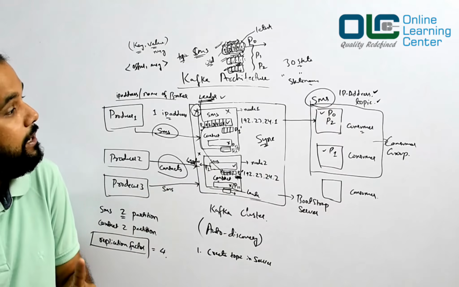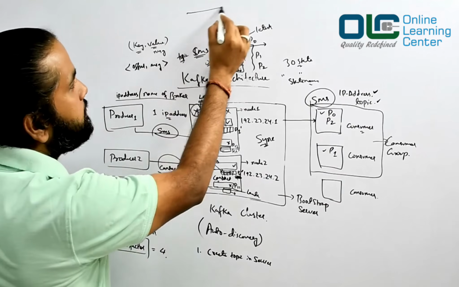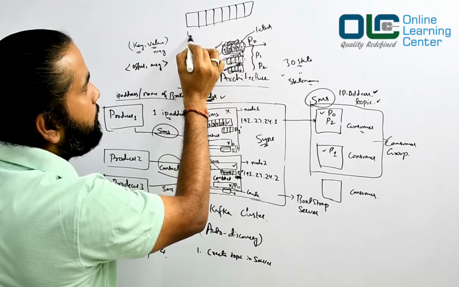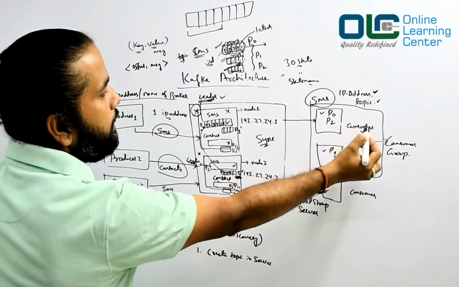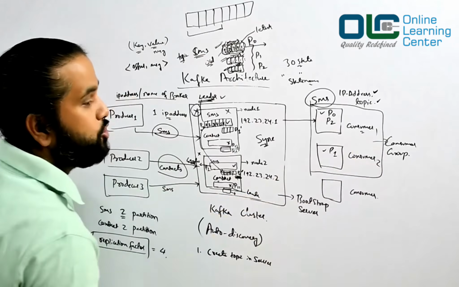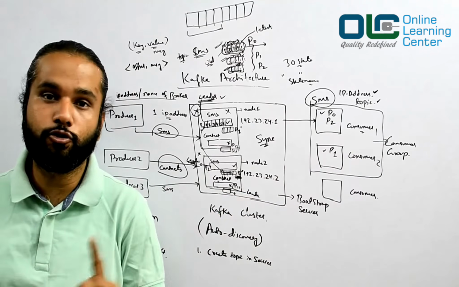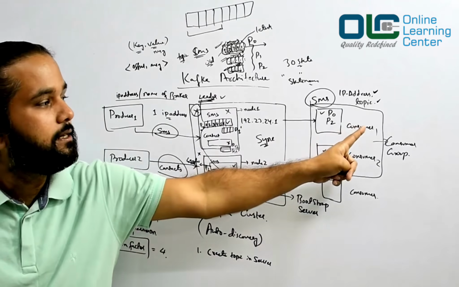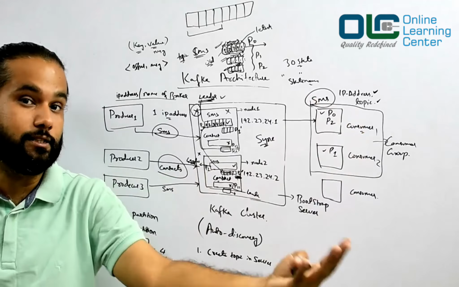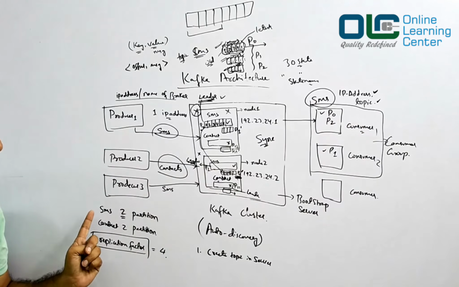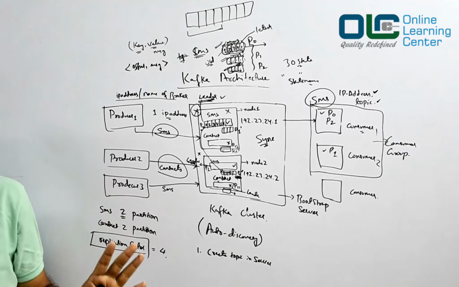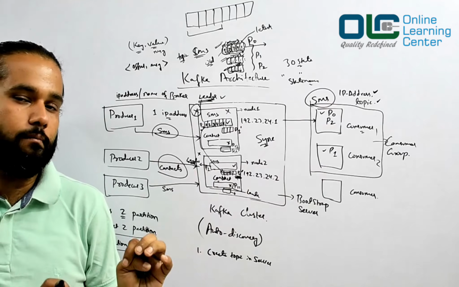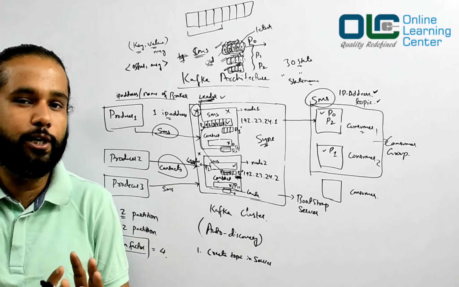But it will never happen that for a single partition, half of the data is consumed by consumer 1 and half by consumer 2. That will never ever happen, so please make sure you don't make a mistake here. A single consumer can consume all the partitions. If you have created SMS with 2 partitions, nobody is forcing you to create 2 consumers. You can say I want to use only one consumer to consume my entire data.